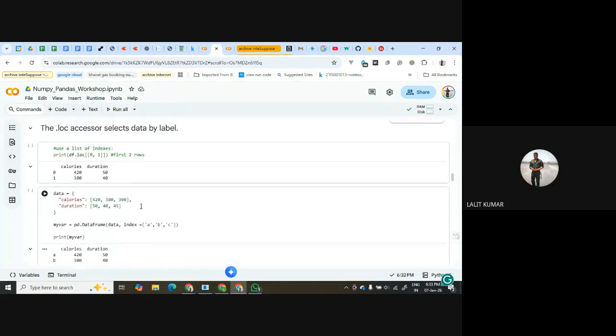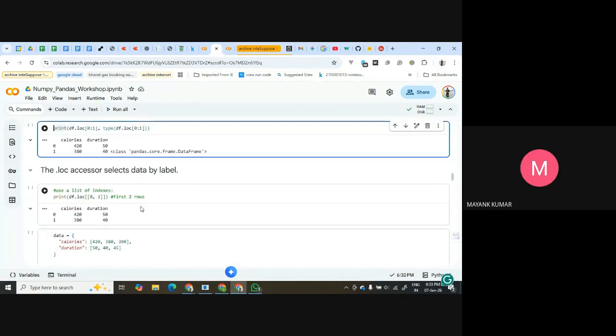Sir, if we have data and it starts from 5 or any number as the index number, can we remove that index number and give a default index? Yes, it can be done. Reindexing can be done. We'll see that. You can change the column names. You can change the index names. You can do all that manipulation.